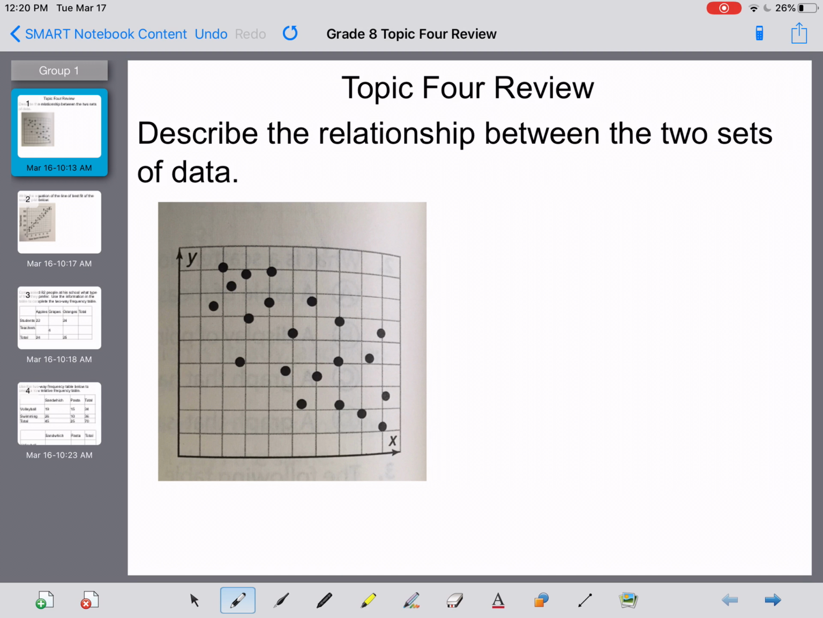When we ask for the relationship, we are asking whether it's going to be positive, negative, or no correlation. When I look at these points going from left to right, even though they are scattered, there is a pattern of them going down. So we know that there is a negative